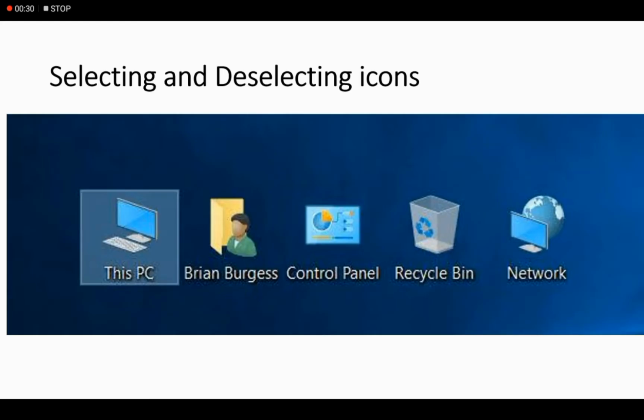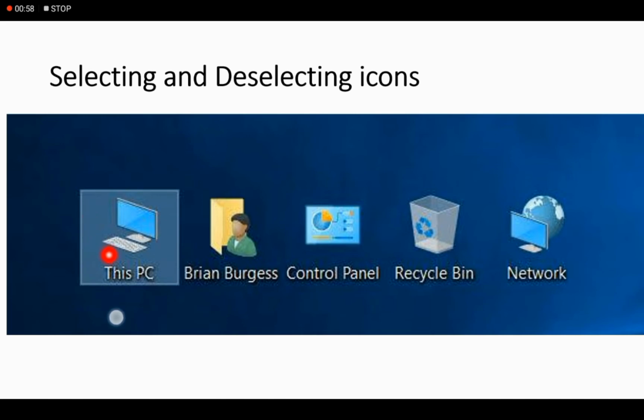So as you can see, selecting and deselecting icons. As I already told you, all the small pictures showing on the desktop screen are called icons. These all are icons, but you can notice the four icons are looking the same, but one is different from that.